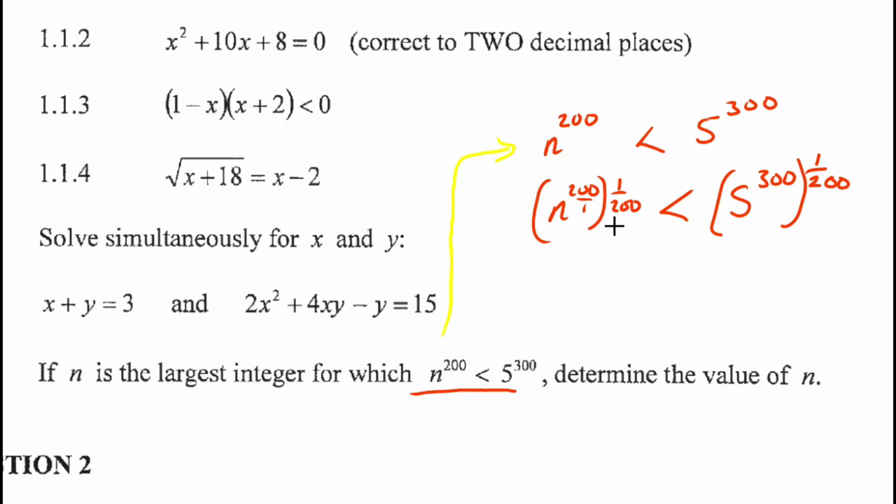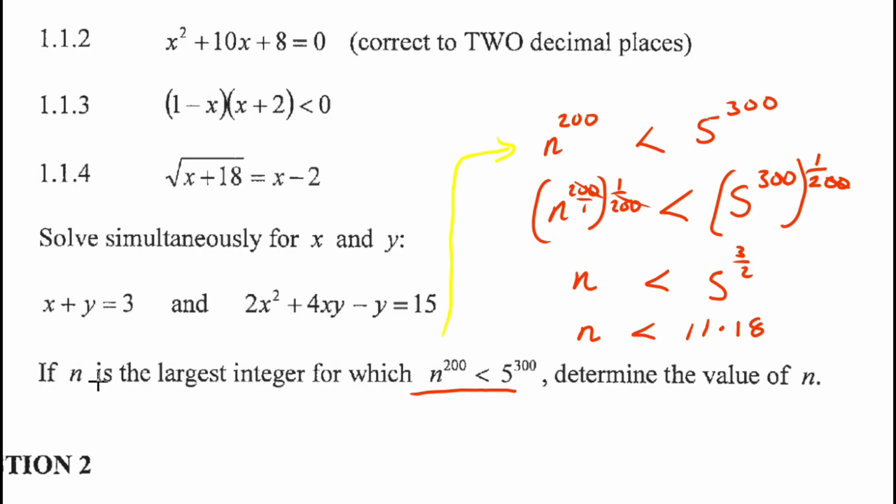So when you multiply this, this will cancel out with this. So n will be left alone, is less than, and we divide here. So we are going to get 5 to the power 3 over 2. You can take your calculator and you see that the n is going to be less than 11.18. But again, now the question is saying, determine, okay, if n is the largest integer,